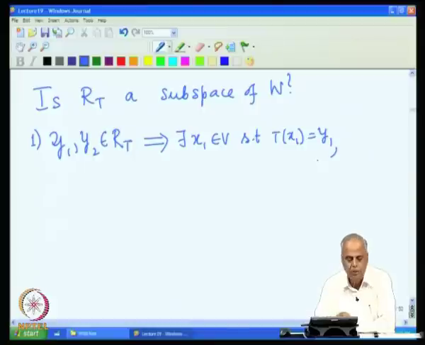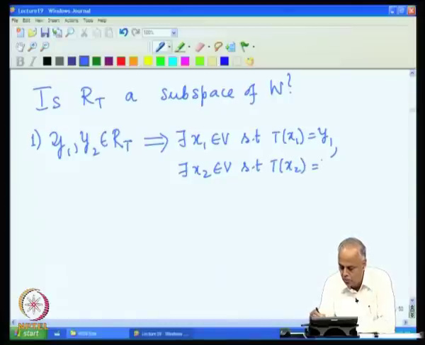Similarly, y 2 is in R T means there exists an x 2 in V such that T of x 2 is y 2,